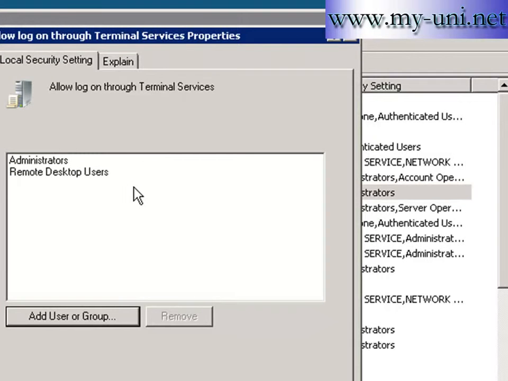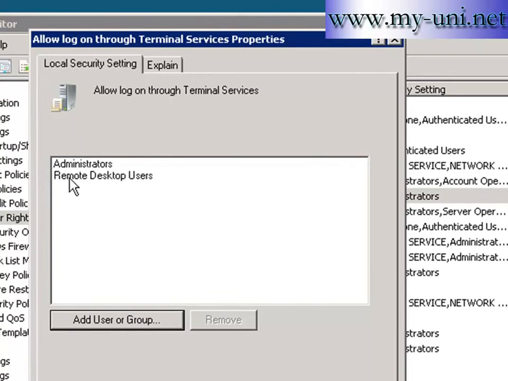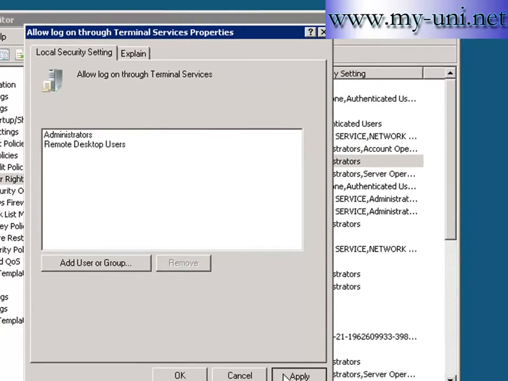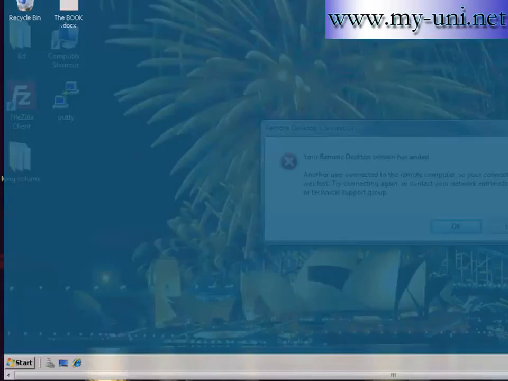So what it means, this is a user group. So our user is a member of this group, and whenever we create a user and we make him or her a member of this group, they will be able to access the computer remotely. I'll say apply, and I'll close this, and I'll minimize this,